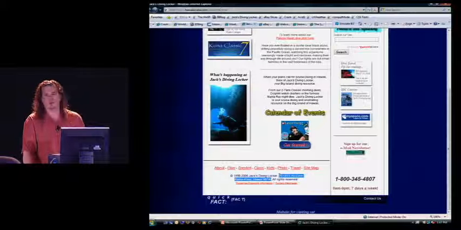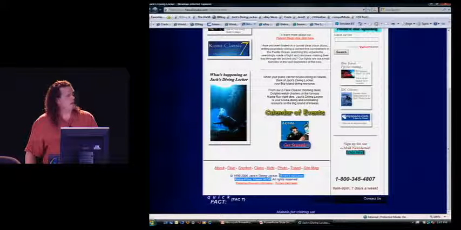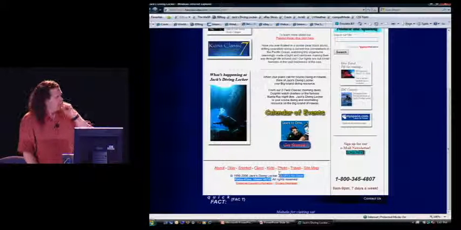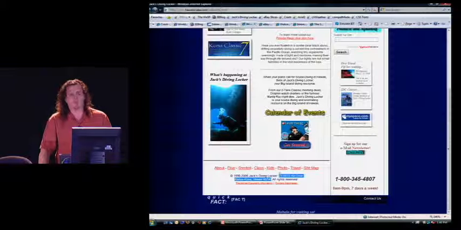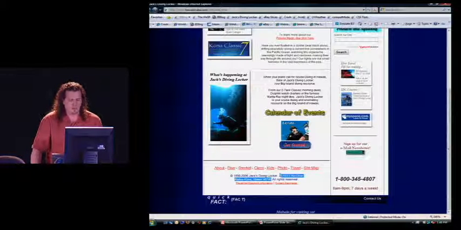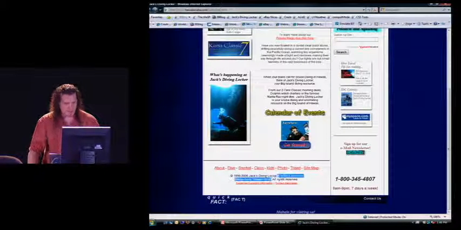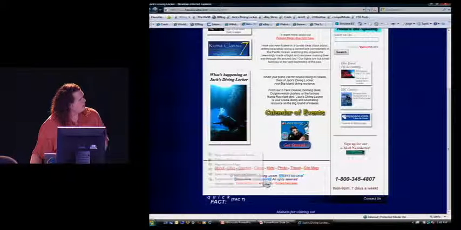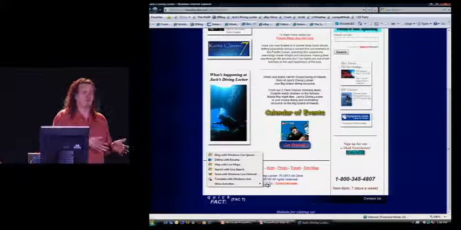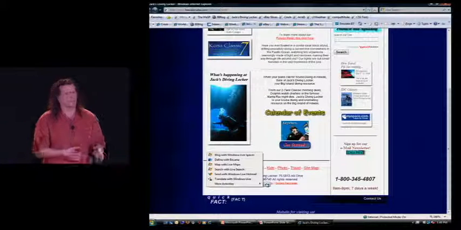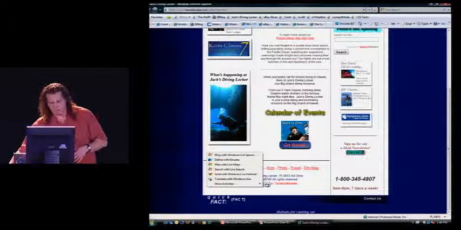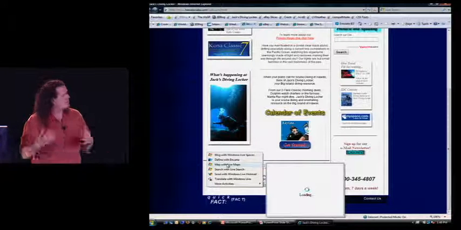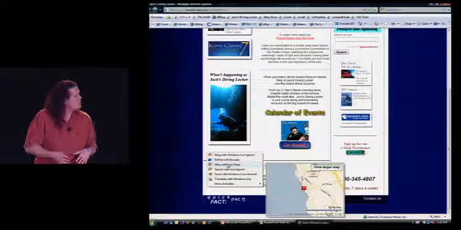So normally, with IE7 or any other browser, I'd have to select this, copy it, create a new tab, navigate to my mapping service. And then, and only then, would I actually be able to put the address in and figure out where this place was. With IE8, though, I can select this address. I get a little contextual pop-up here. And when I pop it up, I have all of the activities that I have installed on this system right there. So I can select Map with Live Maps, and I'll even get a preview right there in the page, which hopefully will pop up. Oh, great.